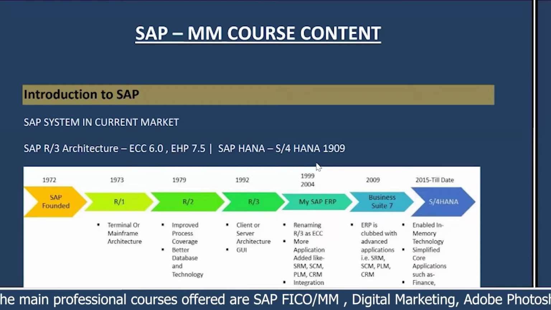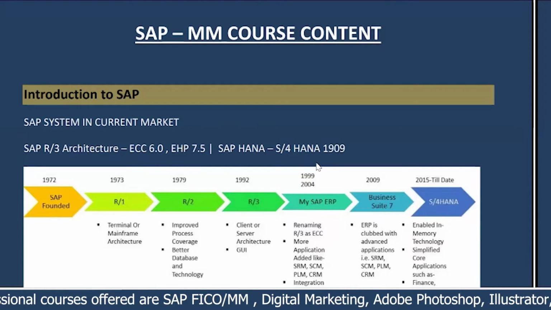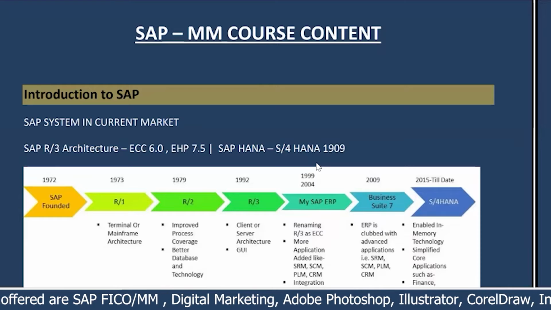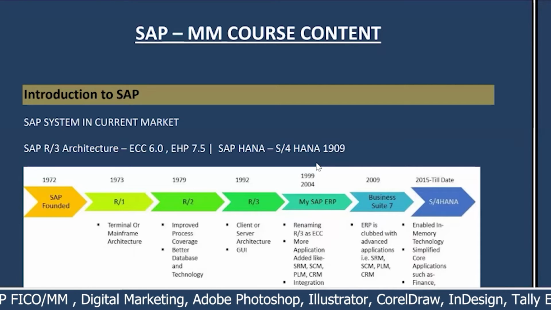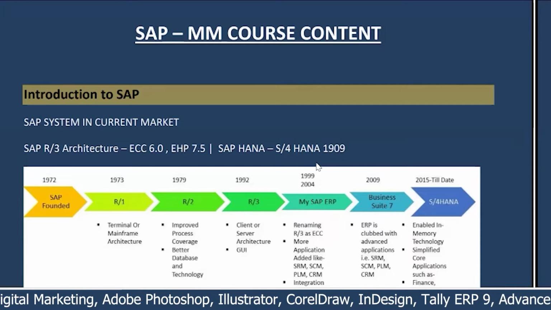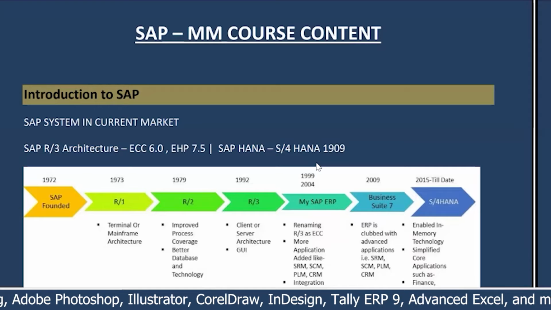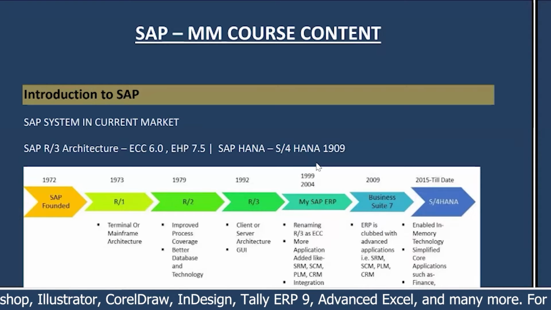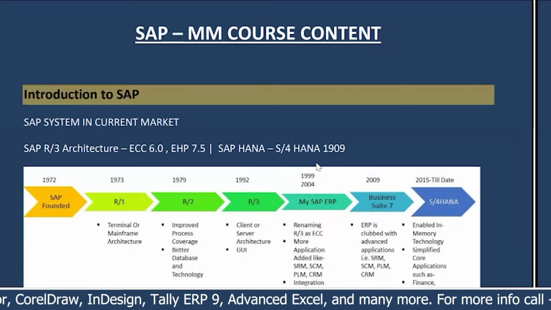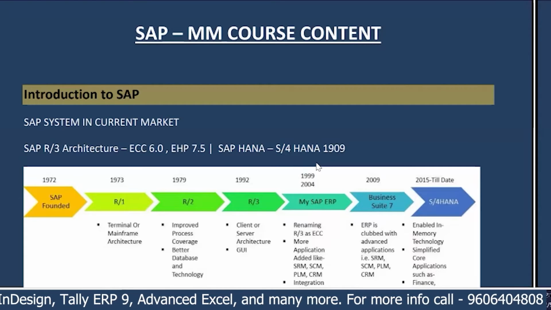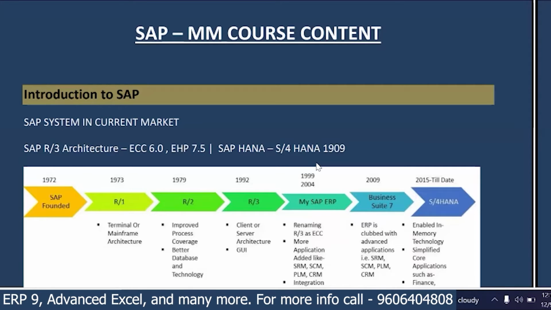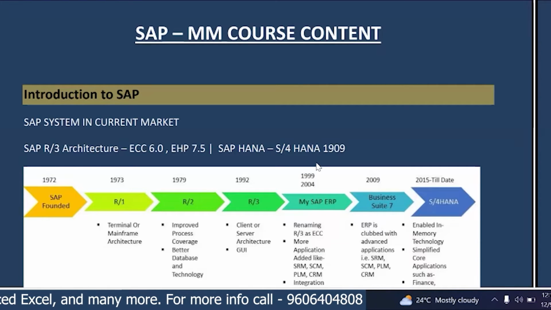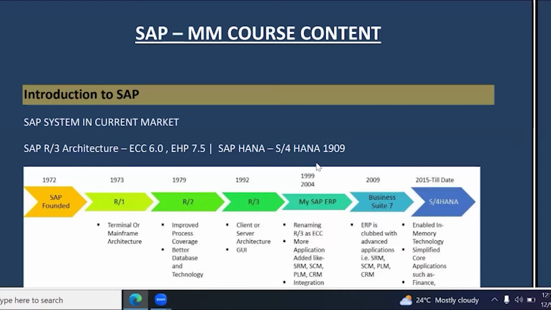Reliance Group, we have Future Group. In the Tata Group, we have Star Bazaar, Tanishq, Titan, many things. In the Reliance Group, we have Reliance Mart, Reliance Fresh, Reliance Digital, Jio. In the Future Group, we have Big Bazaar, Brand Factory. We have D-Mart, Walmart, Metro Cash and Carry. Most of them have implemented SAP. You can find the requirement from the retail segment.